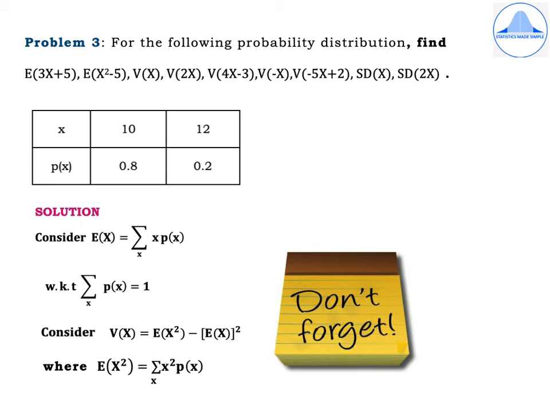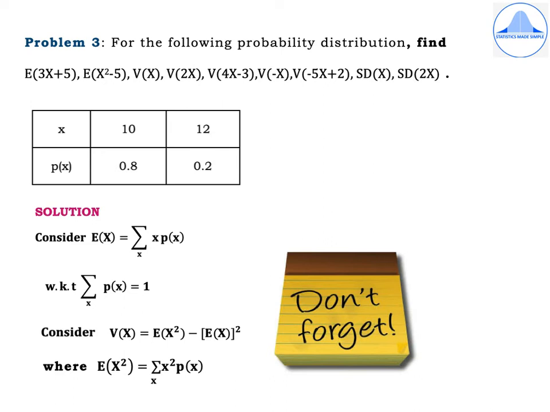Here again I would like to mention that next to expectation, next to variance, and next to standard deviation, the alphabet X will always be in capital letters because it is a random variable. Whereas in the table, we have small x and p of x. Small x stands for the values of the random variable. Now, this particular problem will cover almost the 6 results which we have learnt. Practice this problem several times so that you will remember how to use all the results.